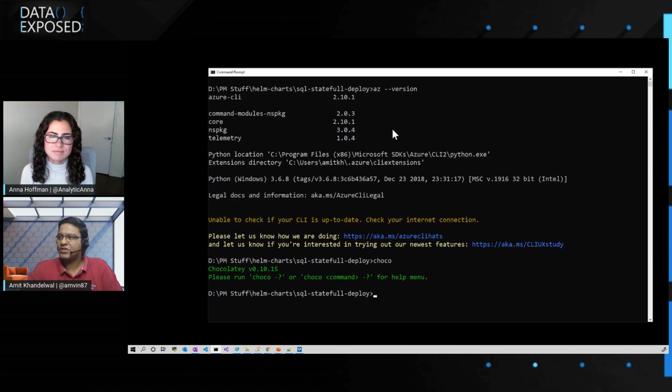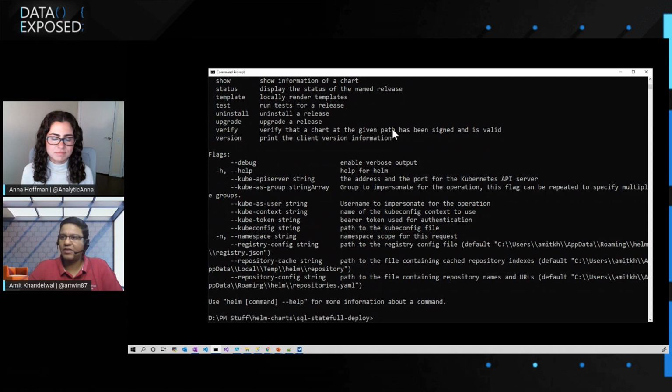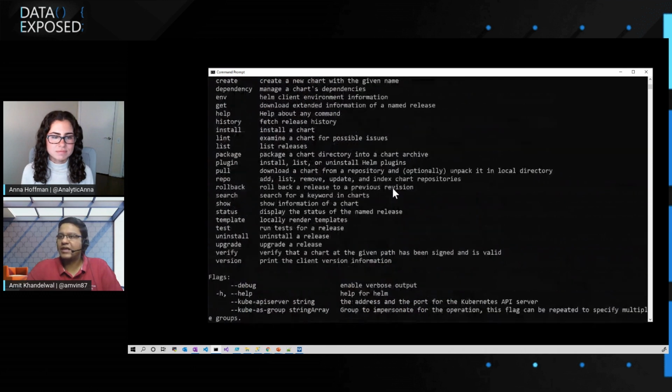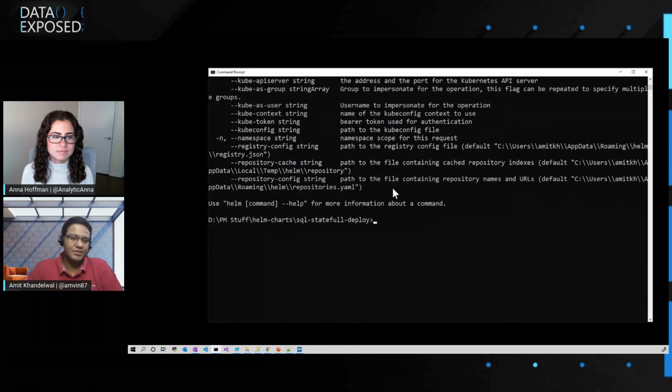And once you have installed the AZ CLI and the Chocolatey package manager, the next step, as I said, is installing Helm. And in my case, I've already gone ahead and installed Helm using the command choco install kubernetes-helm. So if I just type helm here, you would see the different commands that are available with Helm. And as you can see, Helm is also installed. So I've just prepared my machine to save time here, but all these installations are pretty straightforward.